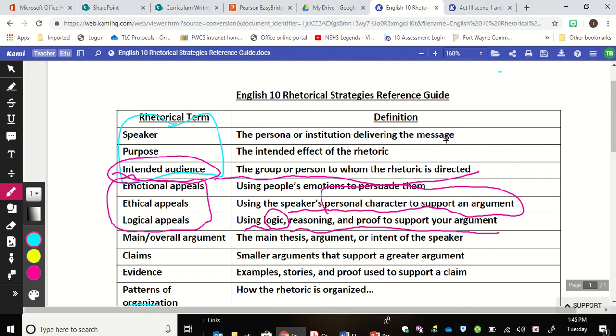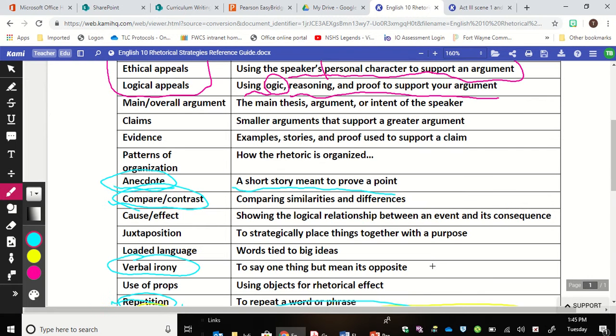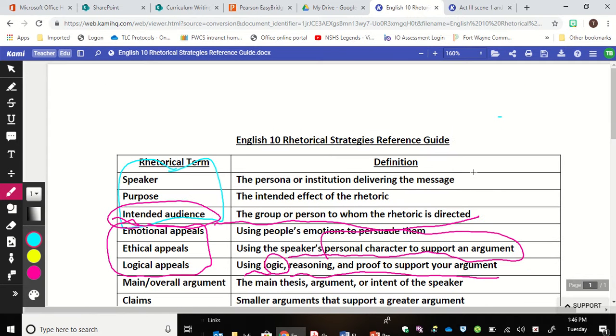And are you going to be duped when someone tells you an anecdote that isn't true? Are you going to be sucked in when they start using fancy and big words or wonderful parallel structures to get your mind to think a certain thing? And that's why we study these rhetorical terms, not just in the context of Julius Caesar Act 3, Scene 2, but also for the greater context.